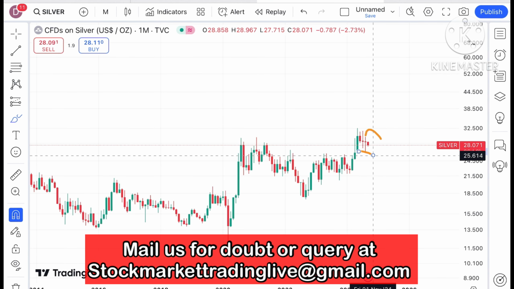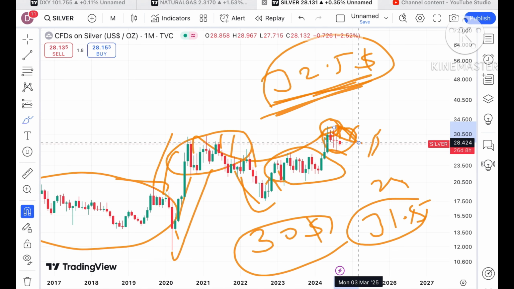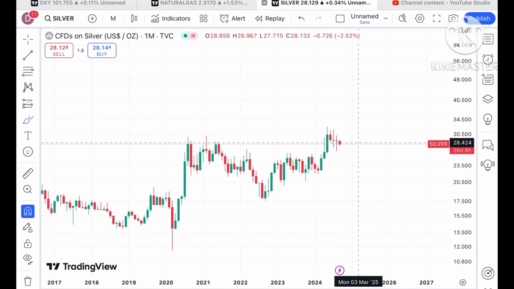Now if we look at the chart of silver, what we have seen is that silver mostly moves in a zone. Whenever there is a zone breakout, we have seen an upside move as well as a downfall. This is what we have seen looking at this particular chart. After the pandemic there has been a continuous upside in the price of silver. After making a high around $30.3, it came down and didn't sustain until it crossed the level of 29.4, and at this level we have seen it move upside and now it is trading continuously downside.